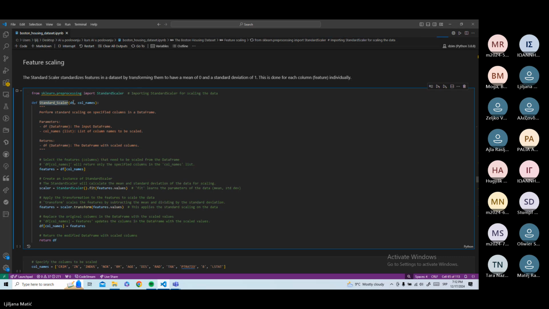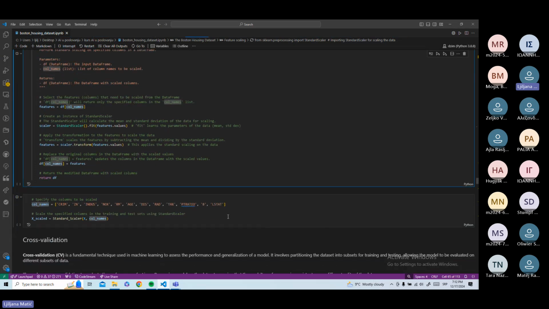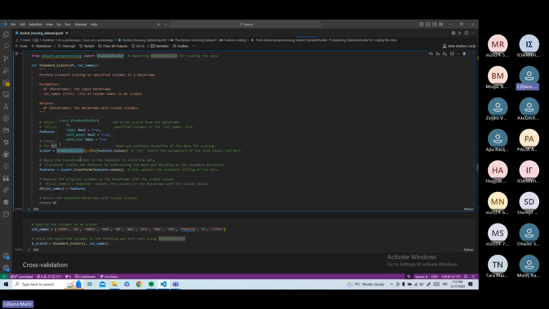We created this function standard scaler. So in the features variable, we selected all the columns that need to be scaled. That's our column names, and we send them here. So all these columns are the columns that we want to be scaled. And it's here. After we created an instance of standard scaler, and this standard scaler will calculate mean and standard